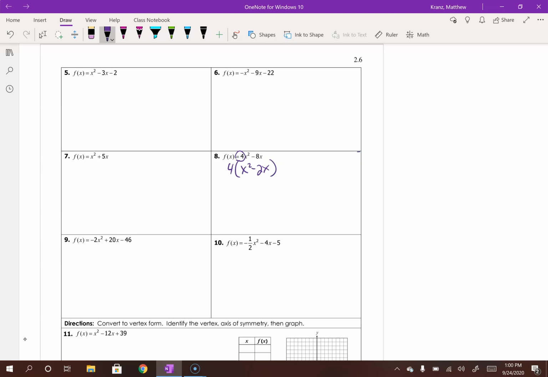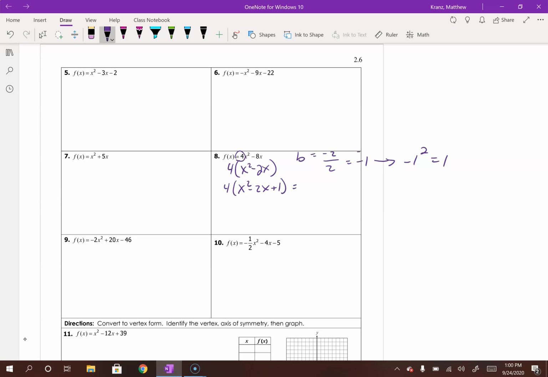So it's just kind of factored out like that. Now that I have that, I can go ahead and start completing the square. I see that my b term is a negative 2. So negative 2 divided by 2 is a negative 1. And then when I have negative 1 squared, that is equal to 1. So basically, what I have is a 4 x squared minus 2x plus 1